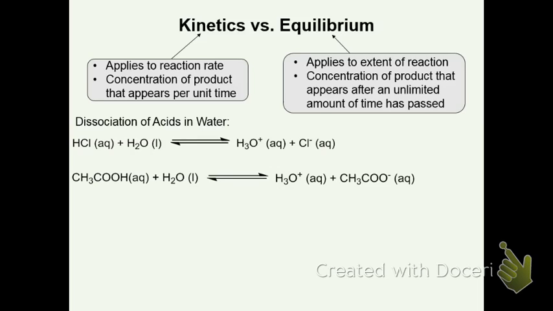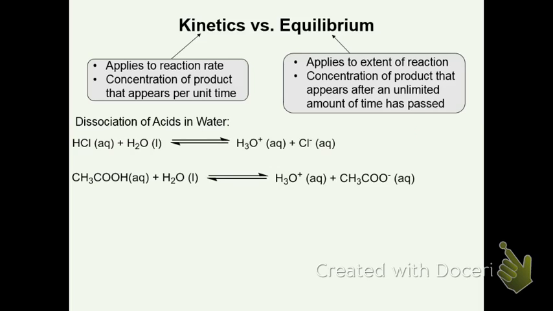So if we first look at dissociation of acids in water, we know that HCl is considered a strong acid, so it's a strong electrolyte, and so we say that it dissociates completely in water. And so we normally talk about it being a case where we don't have any molecular HCl remaining, we just have hydronium ion and chloride ions. Now, acetic acid, the next one down, is a weak acid. So in this case, most of the solution consists of molecular acetic acid with a small amount of hydronium and